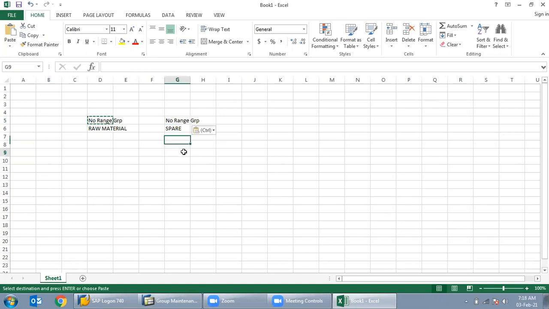So I have created two number ranges groups. In one group I have created Y002, Y003, and in the other group, suppose I created X001, X002.